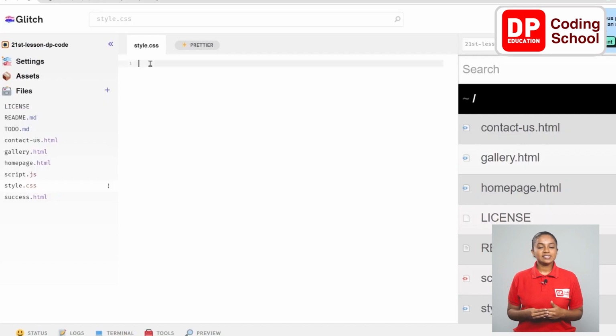Let's first write the CSS code related to these pages. Go to the style.css page on the left side panel and open body curly brackets from the first line. After entering between the brackets, I come to the second line. Now let's type the CSS code needed to change the font of this body part here. It is typed as